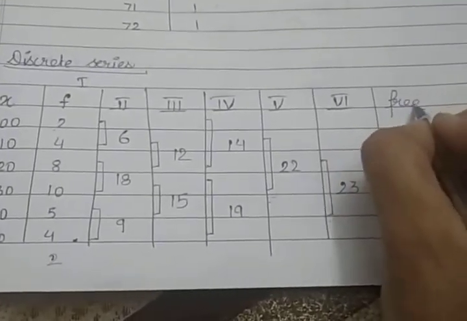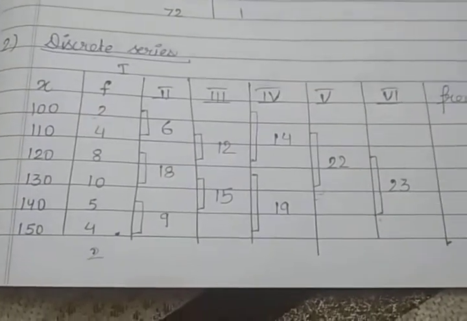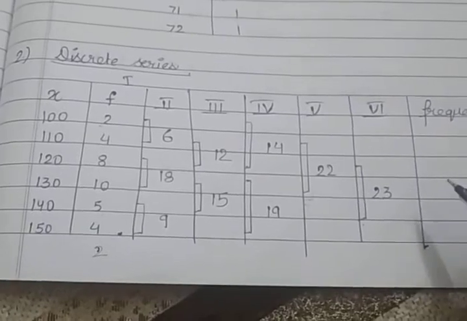Now we have to find out the frequency. This grouping method is a must. By the observation method, it may be possible that you will find bimodal. So bimodal is not possible, so you have to find out the answer. You have to solve it by the grouping method only.